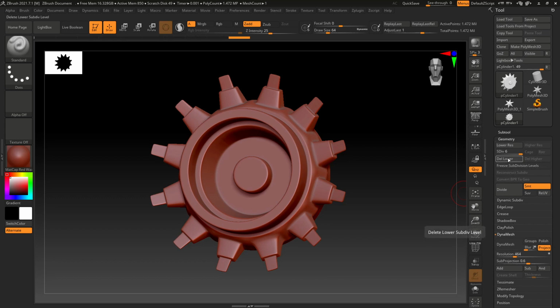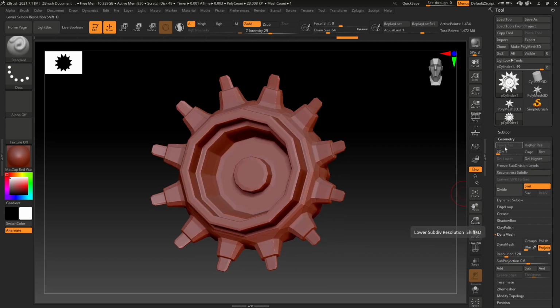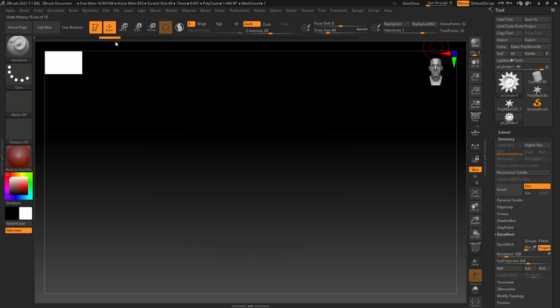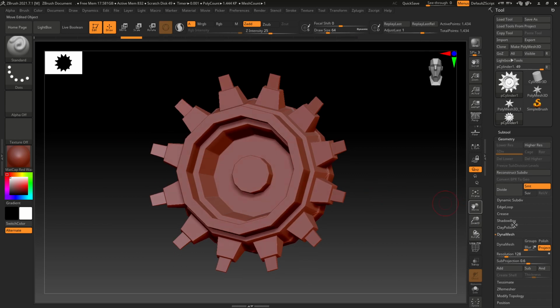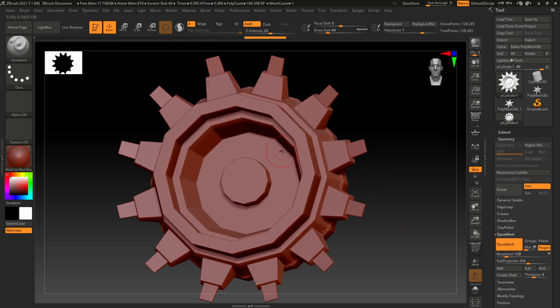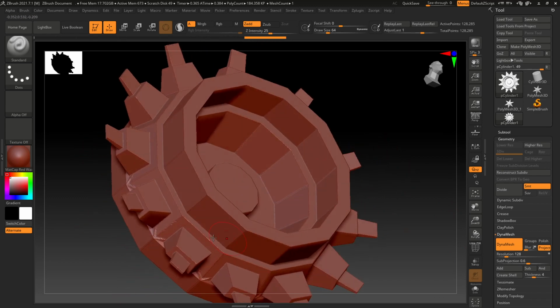So if you go back to low res, actually let's just go back to our low res. There you go. So if we try to dynamesh this, it's going to dynamesh the model and still retain it without collapsing. So as you notice,